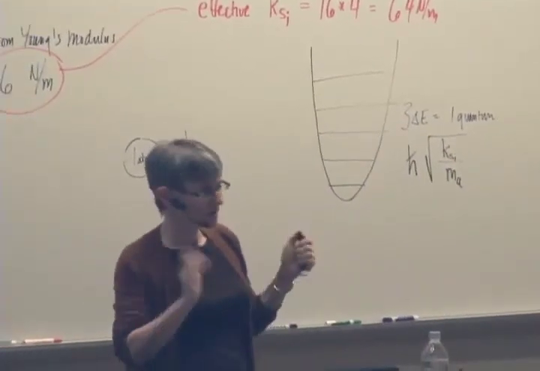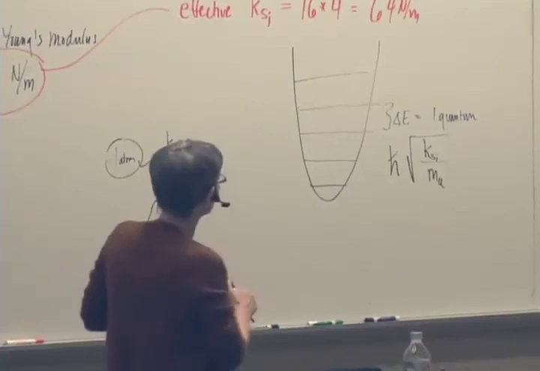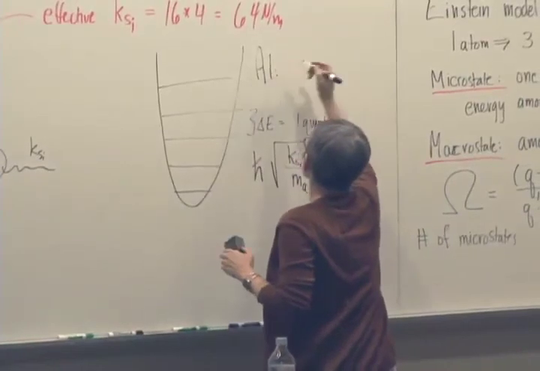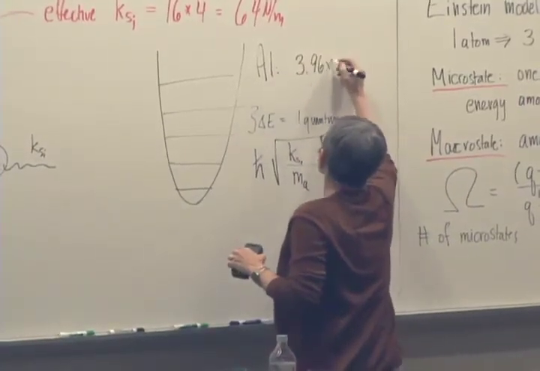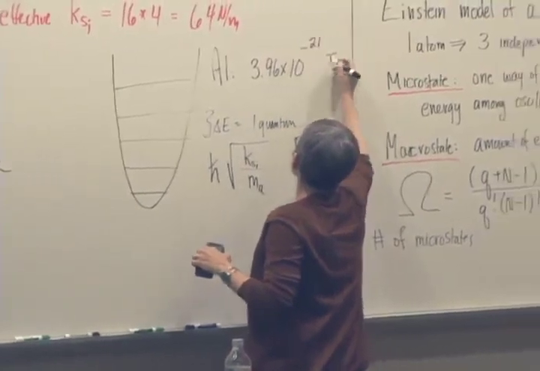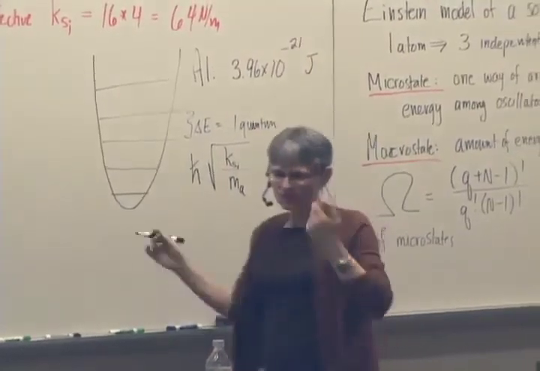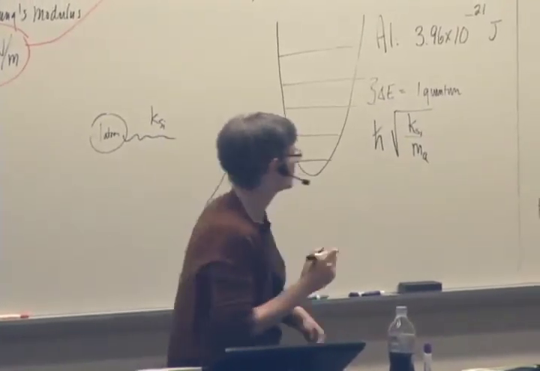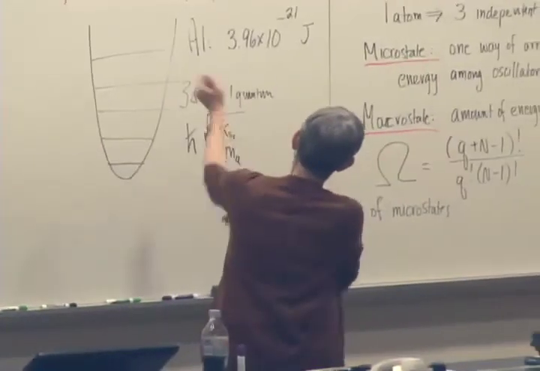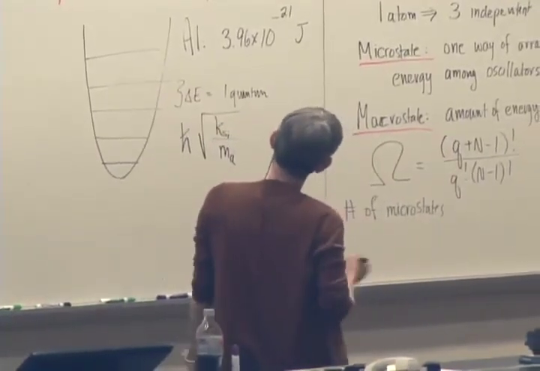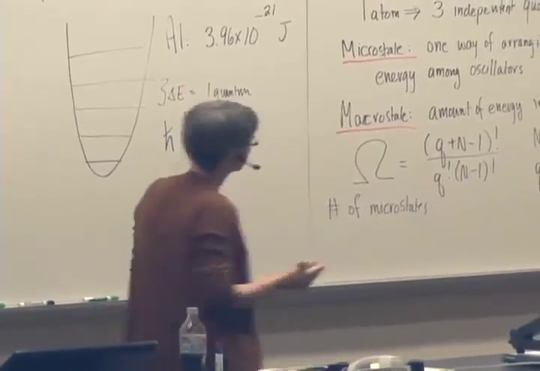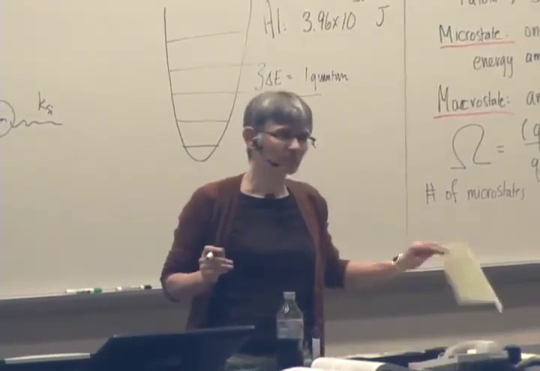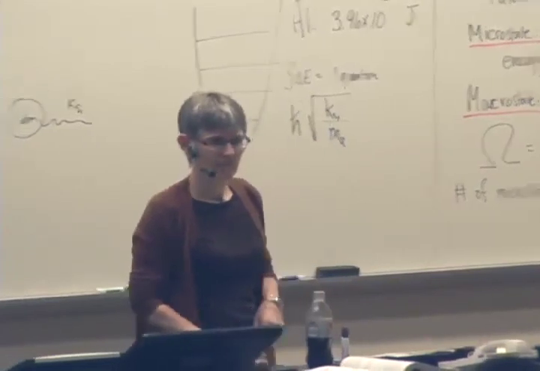Okay? So we're talking about an energy of, we decided that for aluminum it was 3.96 times 10 to the minus 21 joules. And what does that come out to in electron volts? An electron volt is 1.6 times 10 to the minus 19th. So it's going to be about something like 2 times 0.02 electron volts, something like that, right?